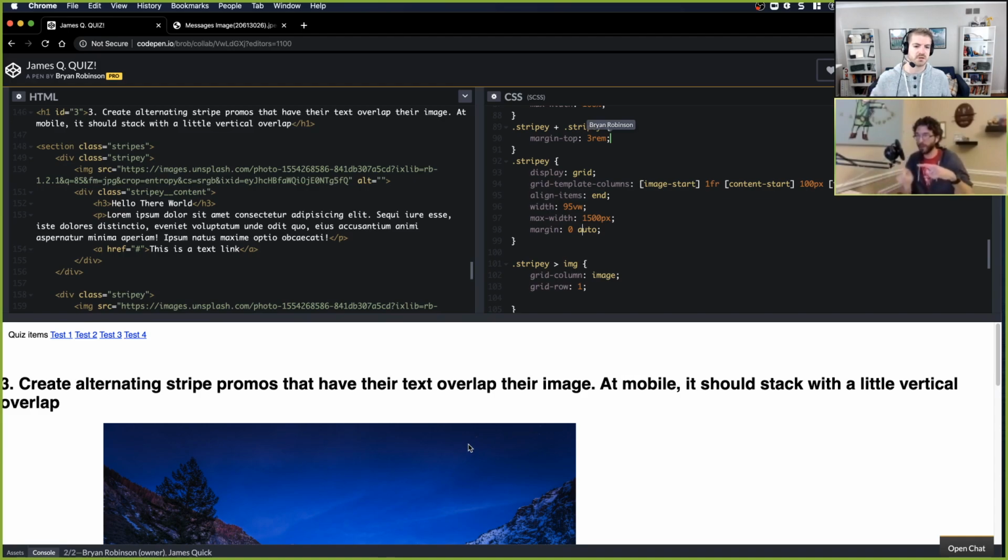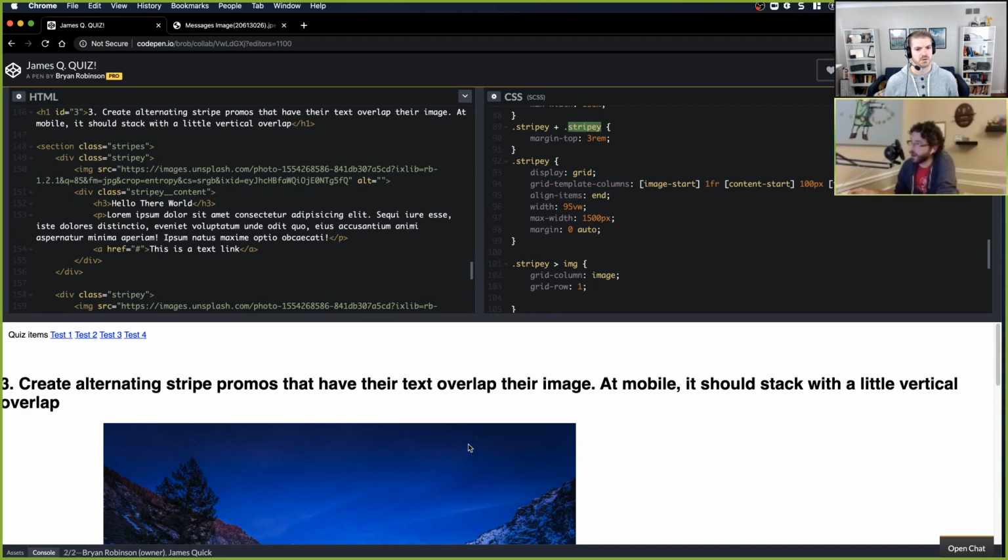So you can never look at it once the HTML is parsed. It can never go back up and look at previous things, at least not in terms of making this performant in the browser. And so what it's going to do is it's going to say, here's the first one. Is there a stripey directly before this stripey? The answer to that is no. When you're looking at CSS, it looks at the right hand of your selector first, and then it goes backwards.